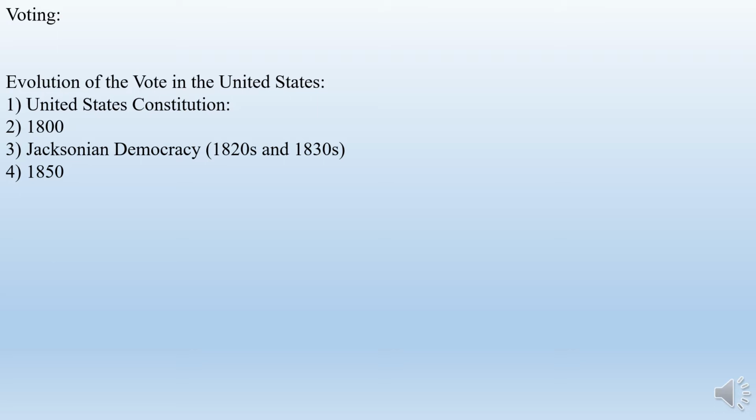But the best voters are those who don't have an education and they don't have money. Because Jackson figured out that these were the people that you could get on your side very easily without any real knowledge of what's going on, and you could basically convince them whatever you needed to get their vote. So within the 1820s and 1830s, you do begin to see this change where by 1850, you essentially have all white males having the right to vote.